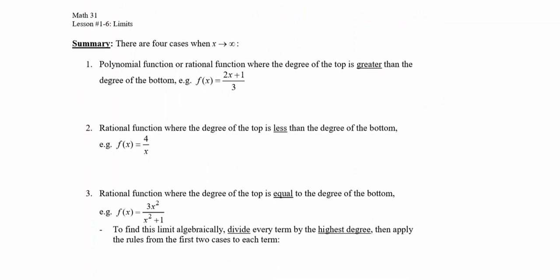Okay, so in summary, we actually talked about this in 30-1 as well, right? Do you guys remember when we were doing our asymptotes, like whether or not the thing went forever or where the horizontal asymptote was? I actually showed you guys this little method before, so this should be a little bit of review. But in general, if you look at this function and we want to figure out what the limit of f of x would be, if the top is greater than the bottom,